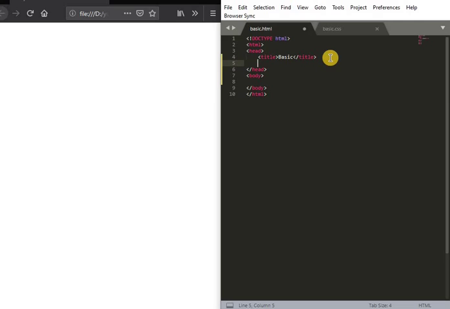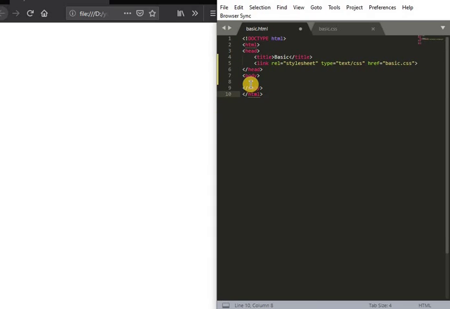Here we are using an external CSS, that is basic.css in a separate file. So we need to link that to the main page. We use link for the style sheet. The type of the style sheet is CSS and the reference is basic.css.